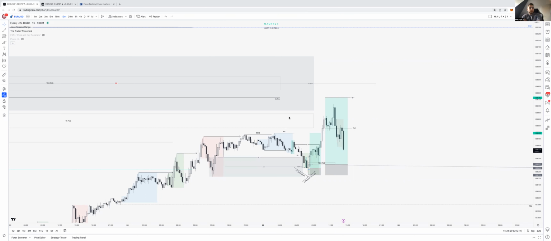This is a trade I missed this morning, but we're gonna cover it anyway because I'm gonna show you the way you could have entered the trade. It's a very nice trade, nonetheless. Missed me by 1 pip, so let's just break it down.